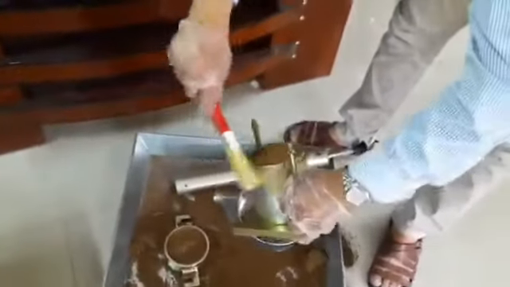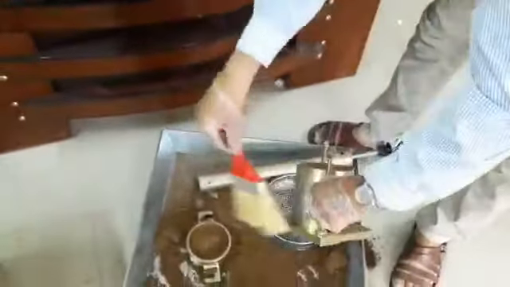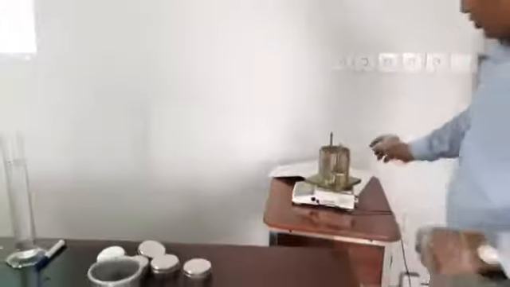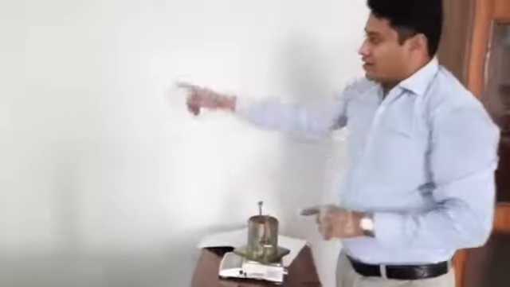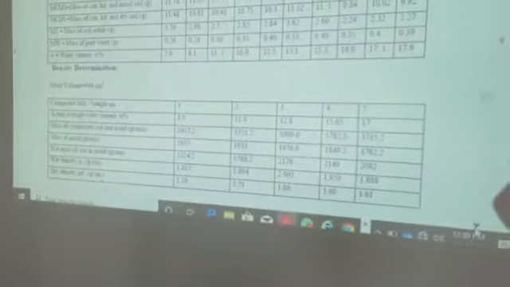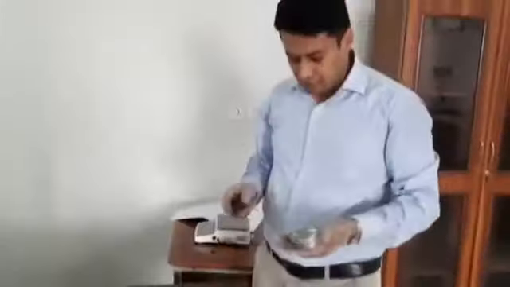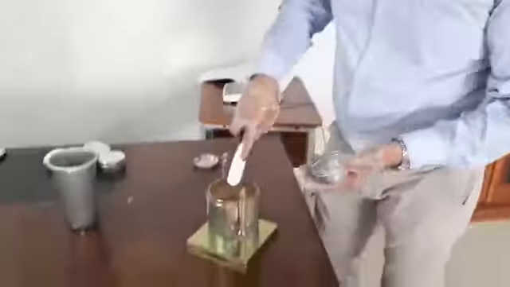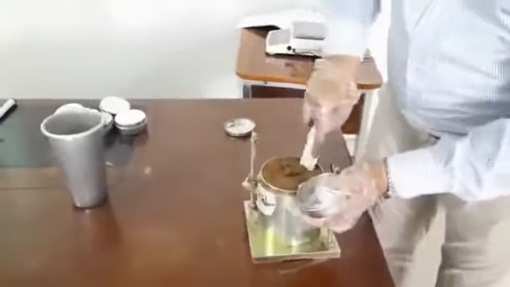From its sides, and then measure the weight again. And this is our next value, the weight of mold plus soil, and record in next row. And second row, mass of the compacted soil and mold. In first column it's 3457.2. Okay. And after that, take a moisture can for moisture determination and collect a sample from this mold.